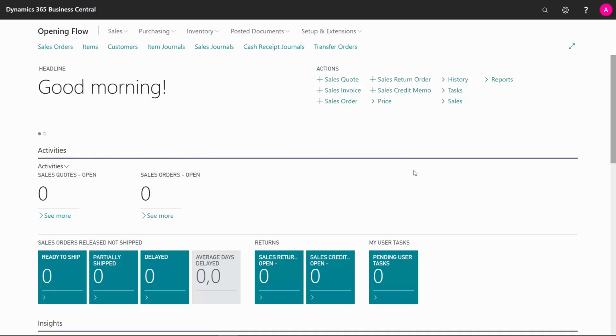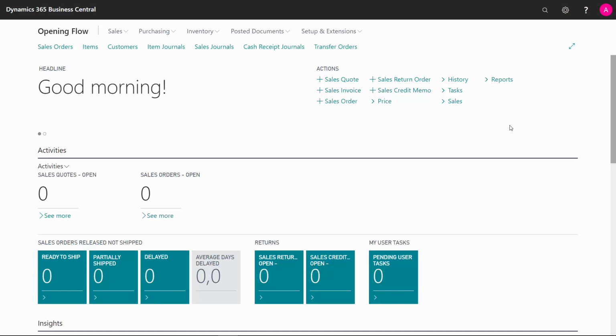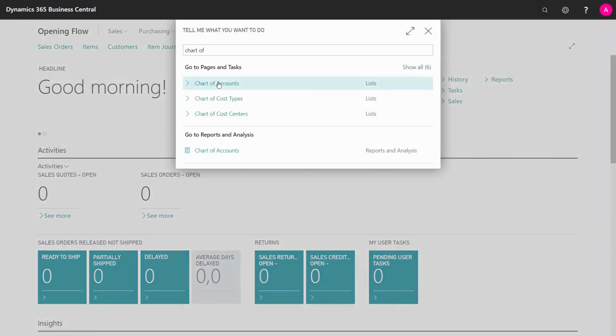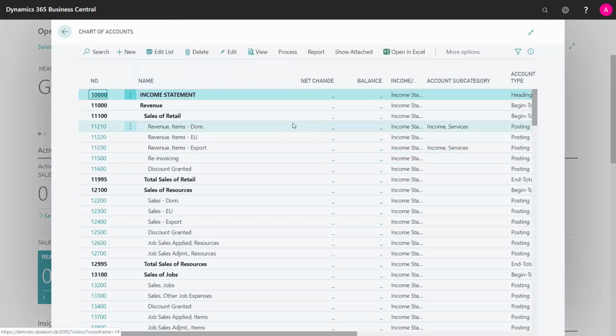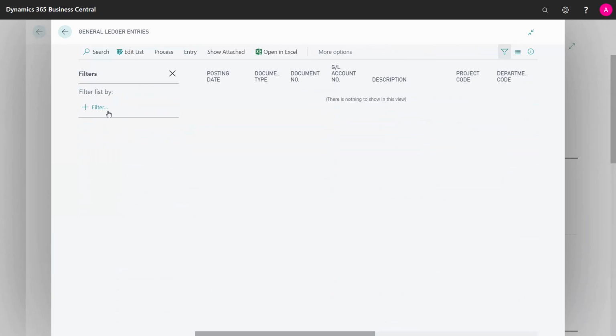When you're ready to start the go live process in your new Business Central solution, you need to do openings, of course, on all the finance stuff and on your inventory. And there's a strategy for doing that, and I'll just explain that shortly in here. So first of all, let's look into our chart of accounts. And if I looked also into my inventory, I could see that my inventory would be 0 as well. If I look into my entries and remove the filters, I can see I have nothing here in my general